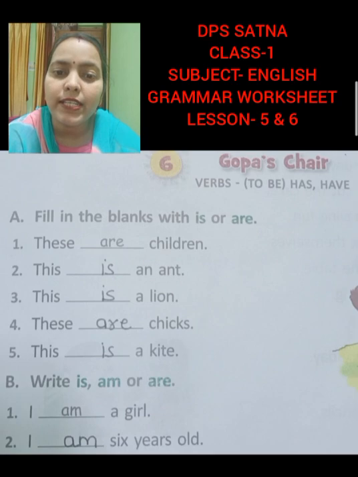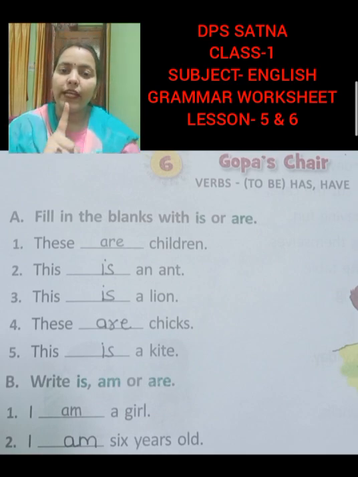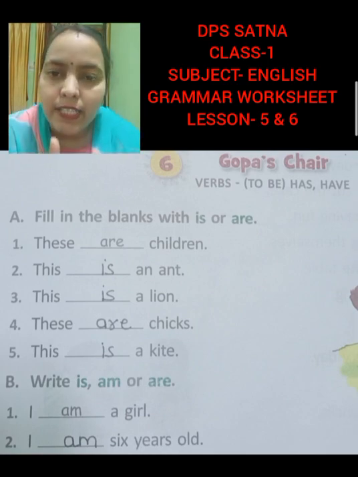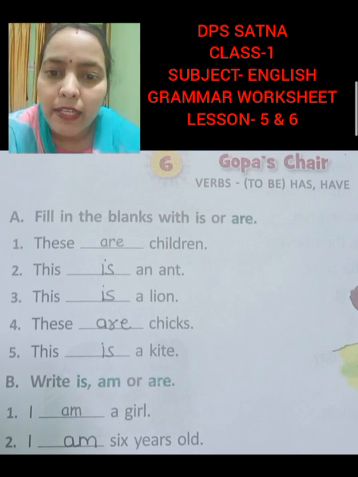So we use is. When we use is, हम तब use करते हैं when there is only one noun. When there is only one noun. Okay. Whether it is one person, one name, okay, animal, thing. And when we use are, when we are talking about more persons, more animals, okay, not one noun.